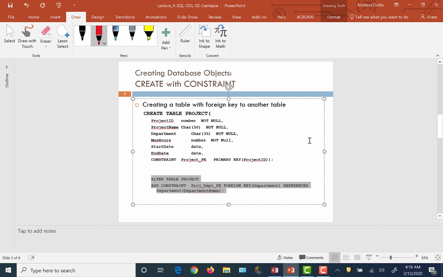Now look at the grammar. Basically what I'm telling Access is, please go and change the project table. So alter table project, and what alteration do I want it to do? I want it to add a constraint which says foreign key, which is this department over here. This is the foreign key of project. Foreign key equals primary key. Okay, so foreign key references department name. So this is just the grammatical way in Access of telling that foreign key equals primary key, which is your referential integrity constraint. So I'm going to take this command